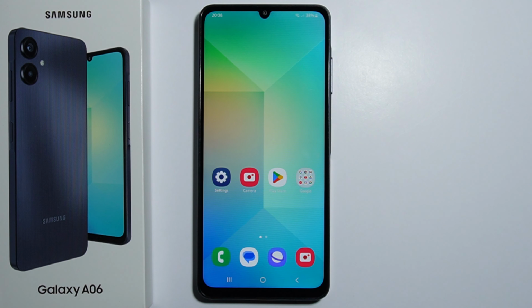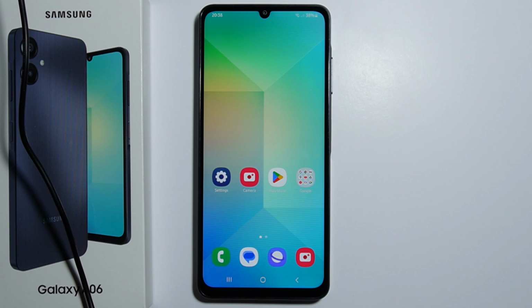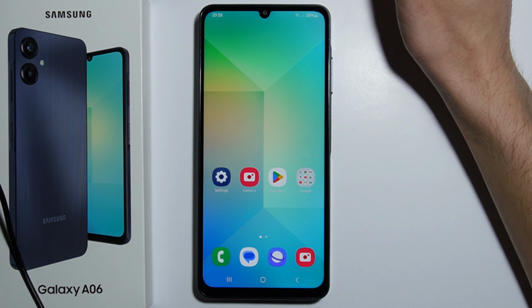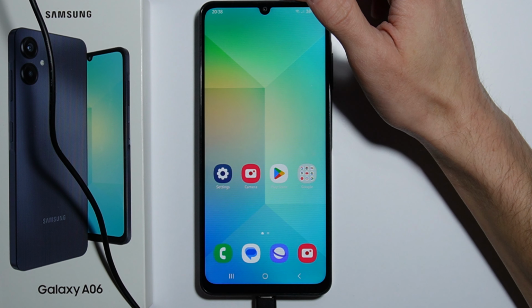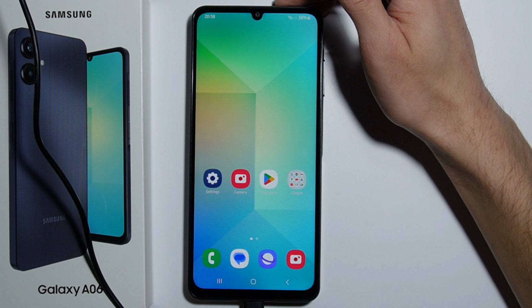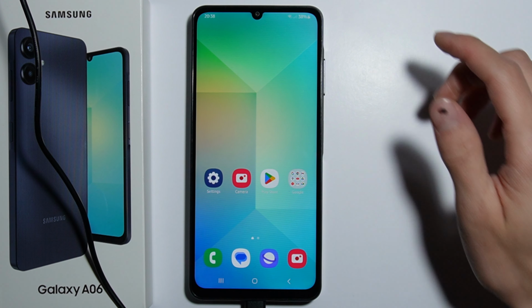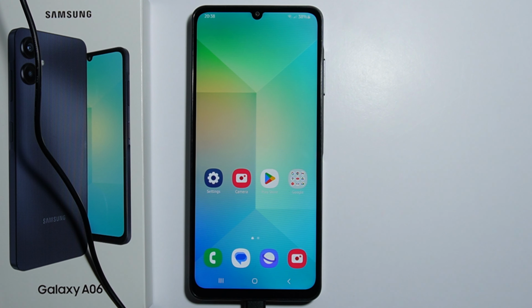Hello. To transfer files from your PC or to your PC on your Samsung Galaxy A06, you simply need the Type-C cable to connect it to your phone, and you have to also connect it to your computer. So let's connect the computer with our phone. Alright, and right now on my computer screen, the folder appeared with the device and its